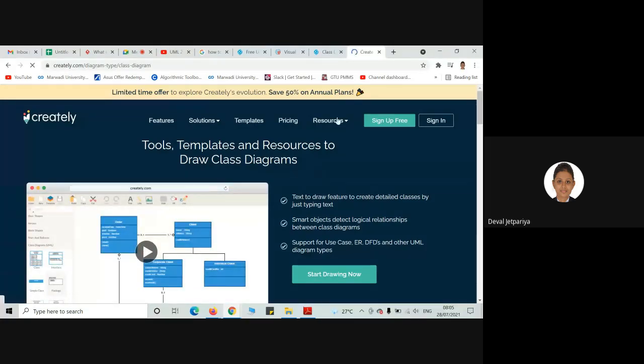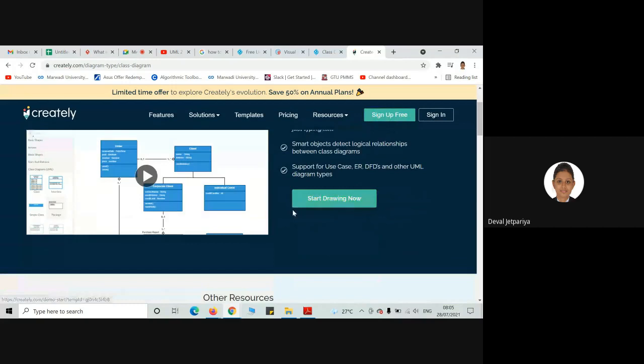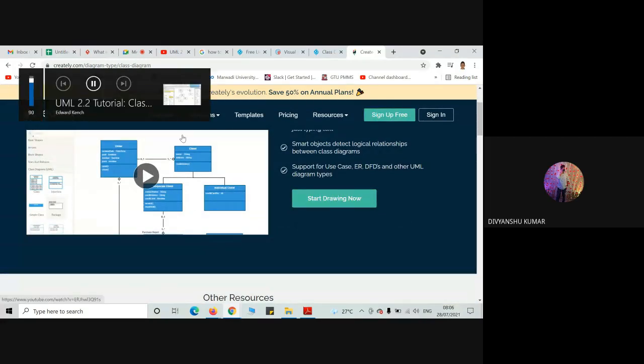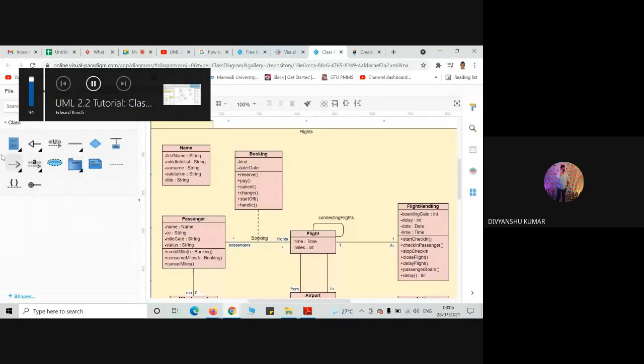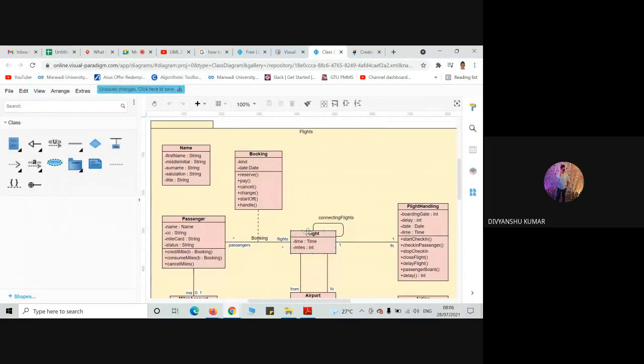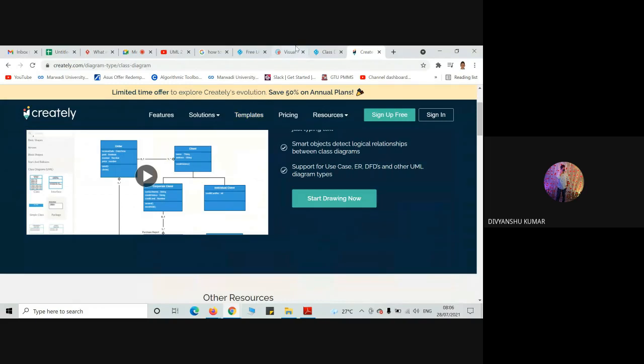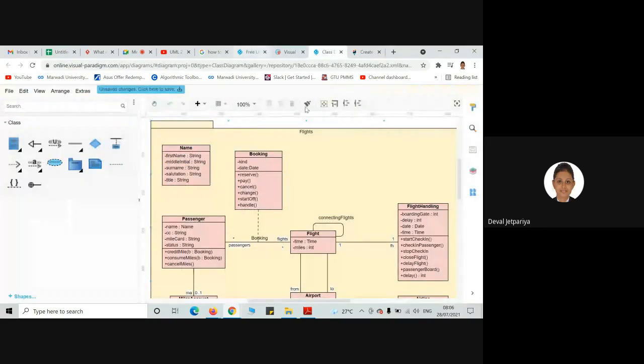Okay, it is free. Ma'am, on Visual Paradigm we cannot take it as a PDF. We have to take a screenshot, but here we can take it out as a PDF, ma'am. Okay, fine, then it is good.